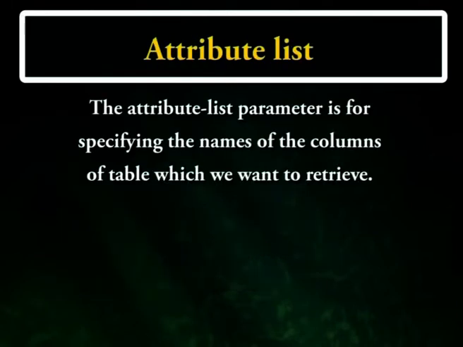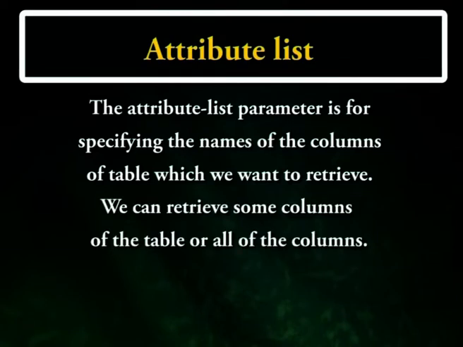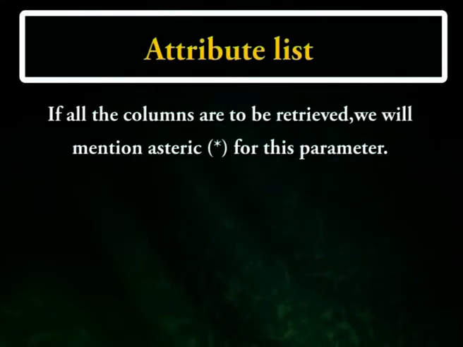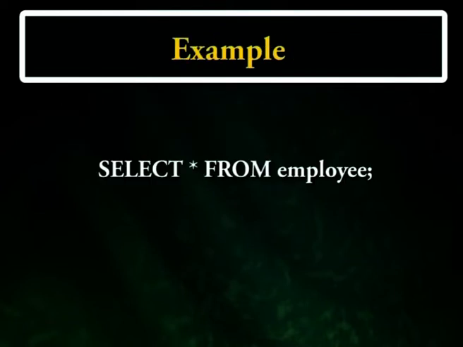The attribute list parameter is for specifying the names of the columns of the table which we want to retrieve. We can retrieve some columns of the table or all the columns of the table. If all the columns are to be retrieved, we will mention asterisk for this parameter. Look at the example: